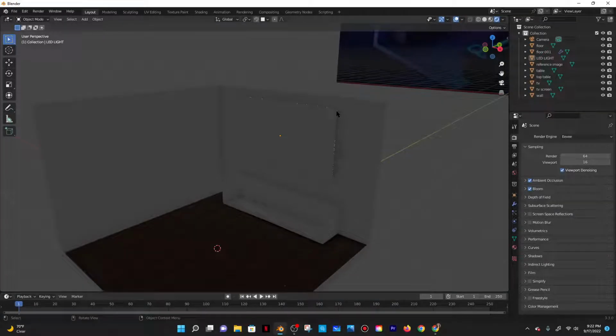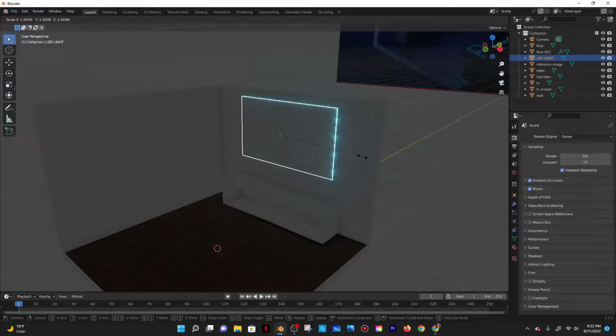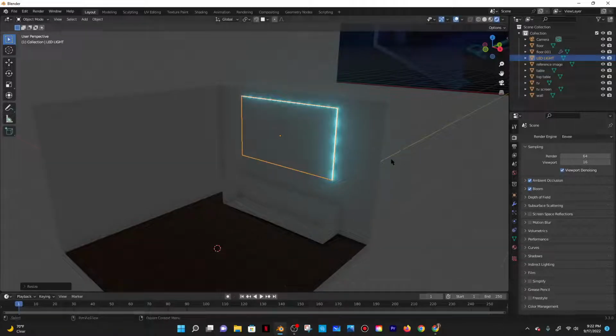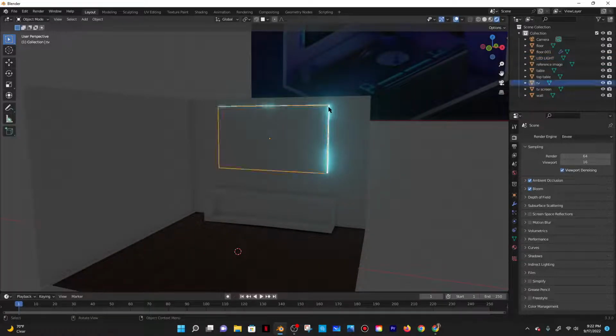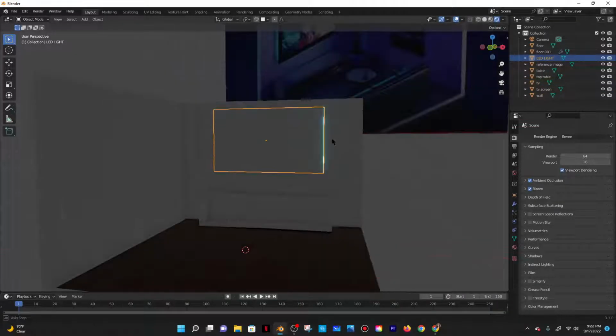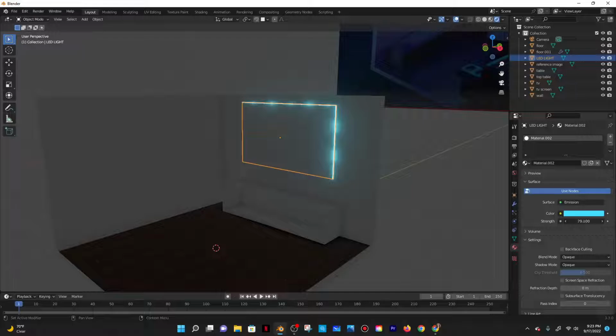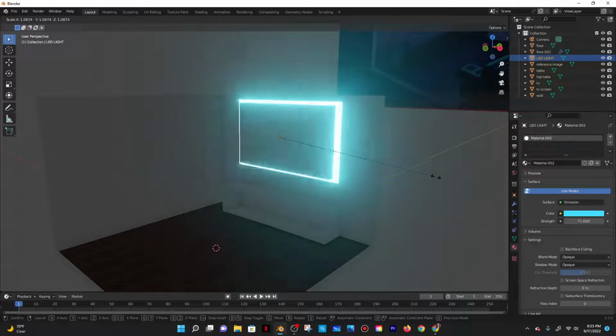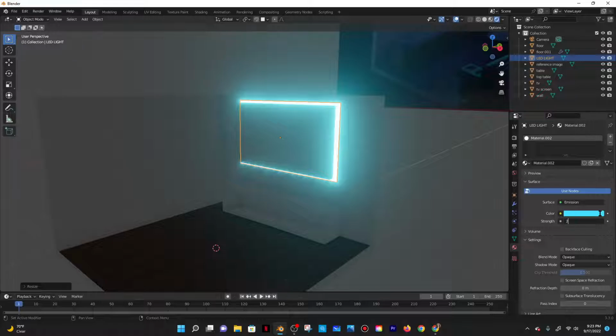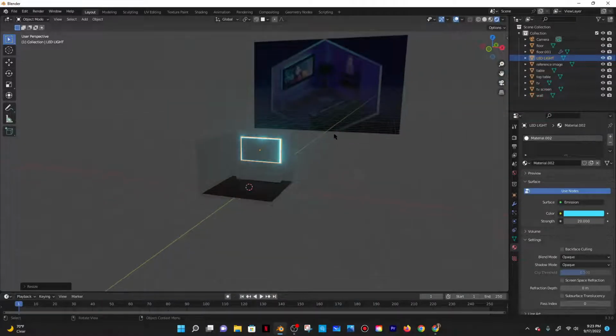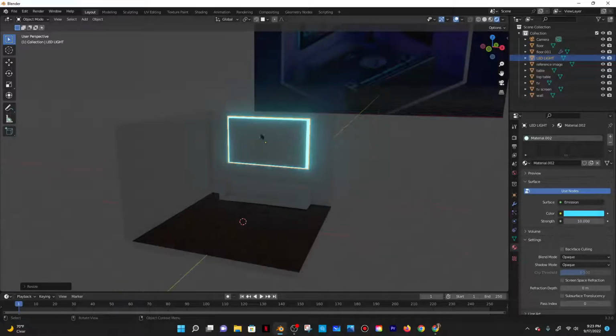So maybe if I click on LED light and just scale it, I'll be able to see it like this. I'm scaling it a little bit, right? It could be a shadow. It doesn't have to be. Right, that works because it's working as a shadow. Then go back to material, decrease the strength a bit, scale it a bit more, and do something like 20 or 10, and then scale it just a tiny bit less. Okay, so